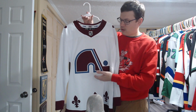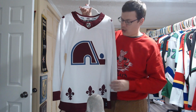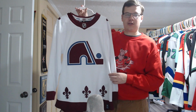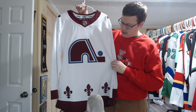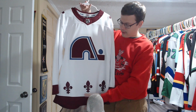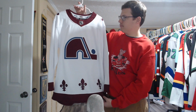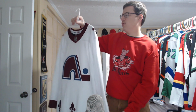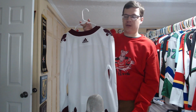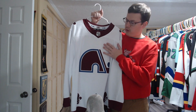They've got the Nordiques logo here, just colorized for modern Avalanche colors, and it just looks fantastic. It looks very nice. I love having the Fleur de Lis here, and I never would have expected to like this one as much as I do, but it just looks very good. I don't know if it would have worked as well if it was a maroon jersey with a white